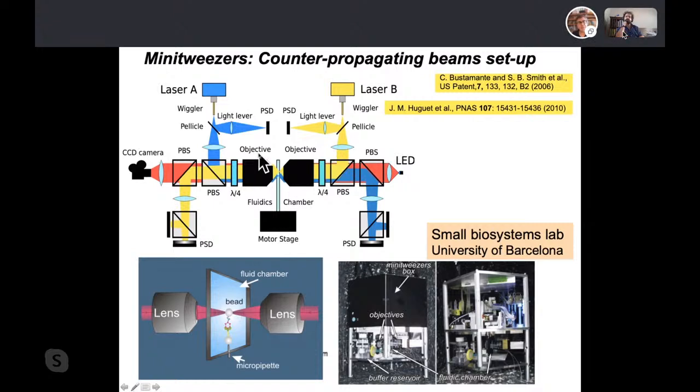Other instruments use another principle, like calibrating the optical trap, looking at the position of the bead relative to the equilibrium position, measured with video imaging techniques, and multiplying the displacement by the stiffness of the trap. In AFM it is the same: you use a cantilever whose deflection multiplied by the stiffness of the cantilever gives you the force. But here our principle is measuring change in light momentum. It's quite subtle and quite nice. Beautiful. Thanks very much. Really interesting.